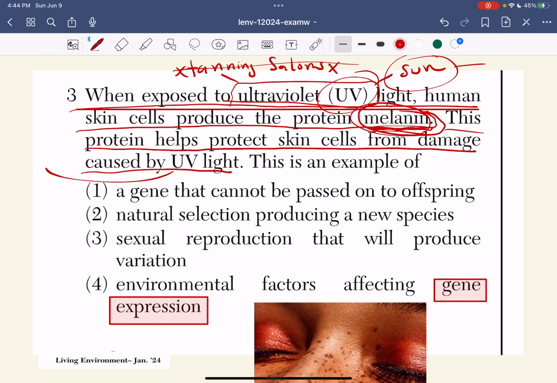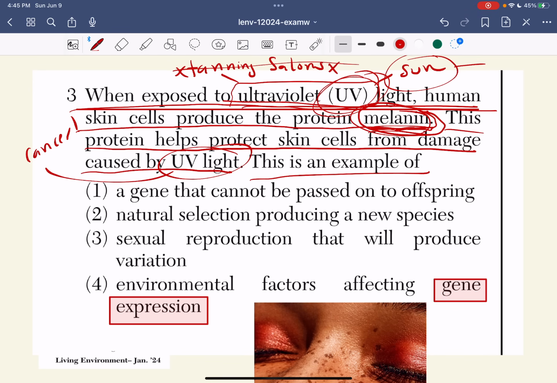UV rays can cause what? What can overexposure of UV light cause? Have you guessed it? Skin cancer, melanoma specifically. So this is an example. So what is this an example of? It is very important for you to annotate. You see all this writing that I'm doing, underlining and circling and all of that? That is annotating. And it is super important for you to understand, what are they asking?